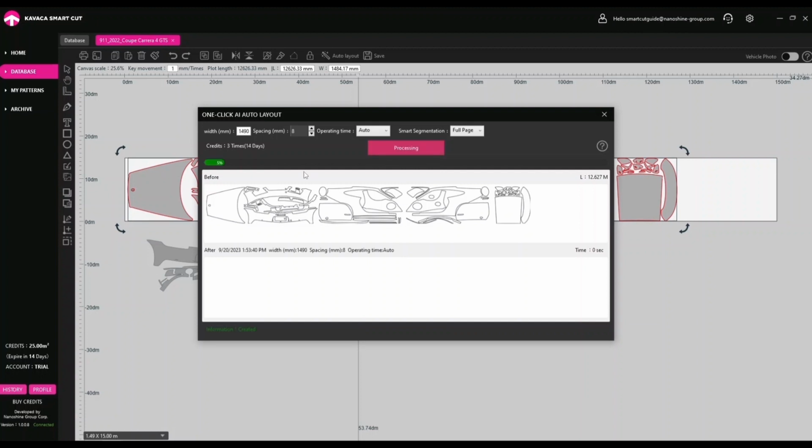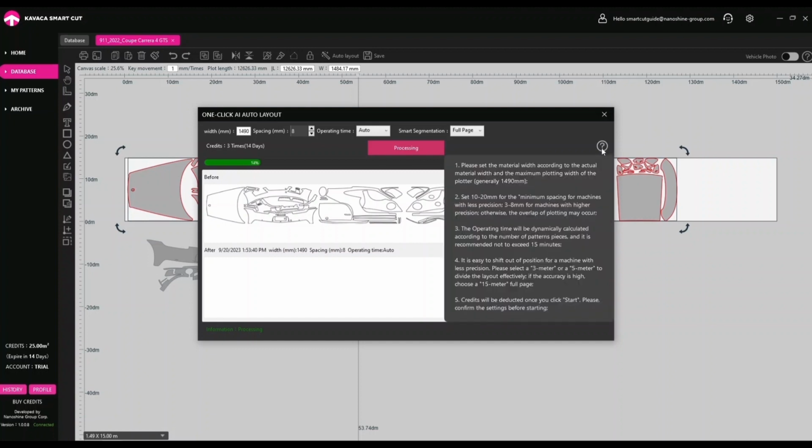This scale displays the status of the processing. In this field, you see the pattern layout before auto layout. The field below will show the result after it is completed. As we said, the auto layout process takes place on a powerful cloud server, so the characteristics of your device will not affect the speed and result of the processing. A basic laptop and a top computer will provide the same result. The settings memo is in the upper right corner of the window.